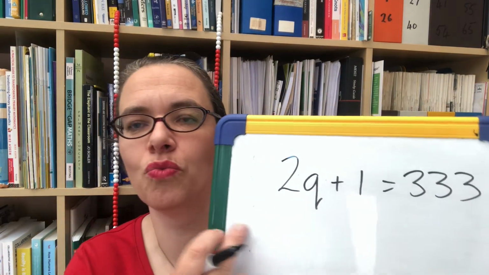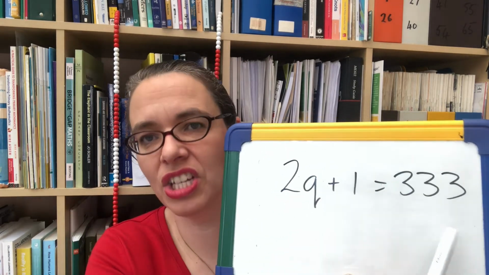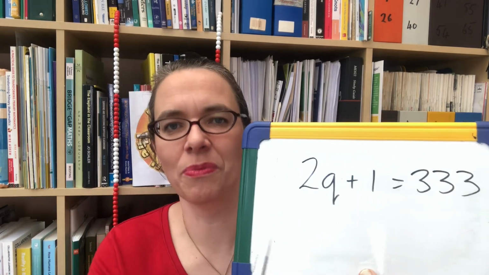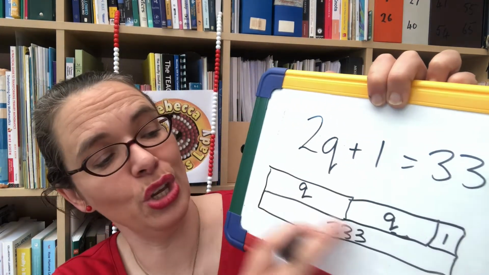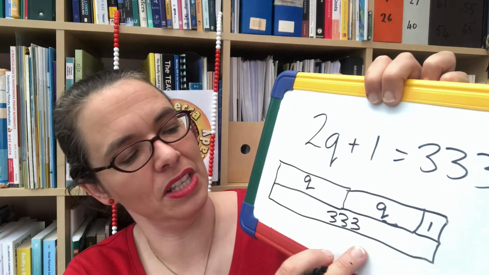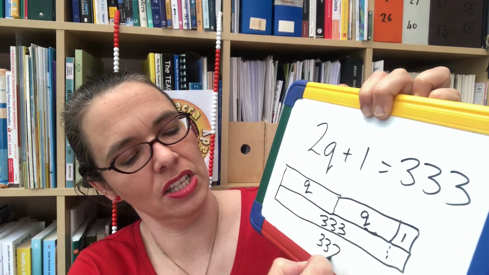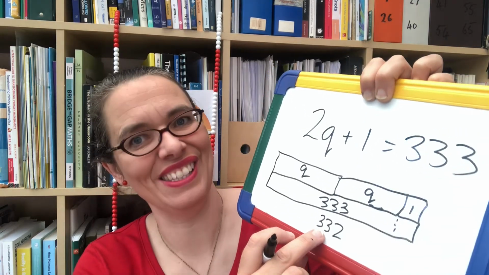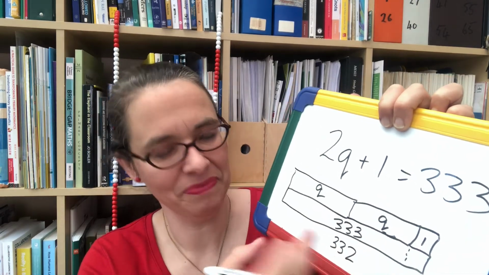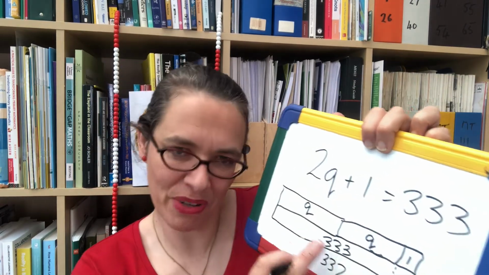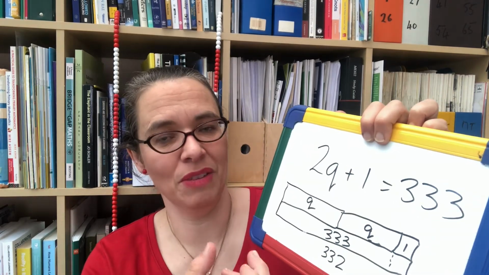Just being able to write down what I've just said as an equation, and then we can work through the steps we've learnt to work through with a bar model. So we'd have 2 Q's and a 1, totaling 333. If we knock the 1 off, that takes us down to 332, and then we can just focus on splitting the 332 in half to find a Q. So setting the equation up and then representing it with a part-whole bar model makes the question much more accessible